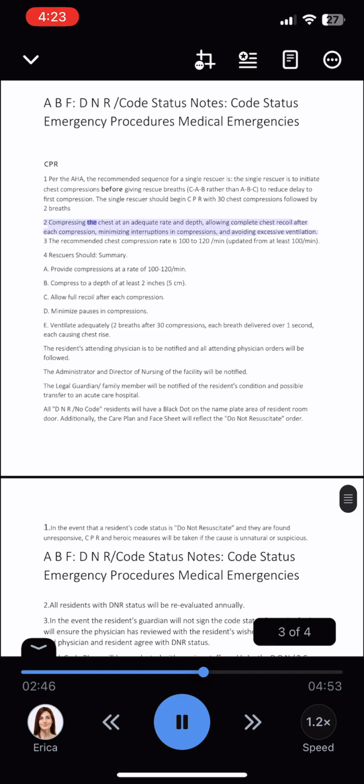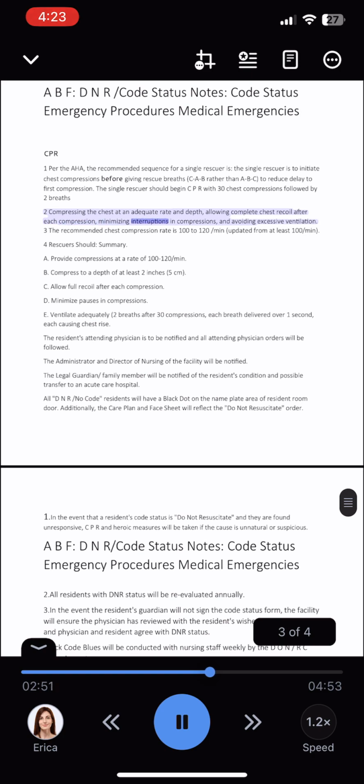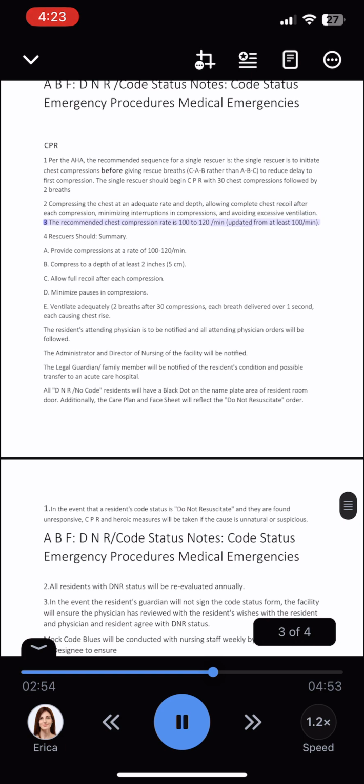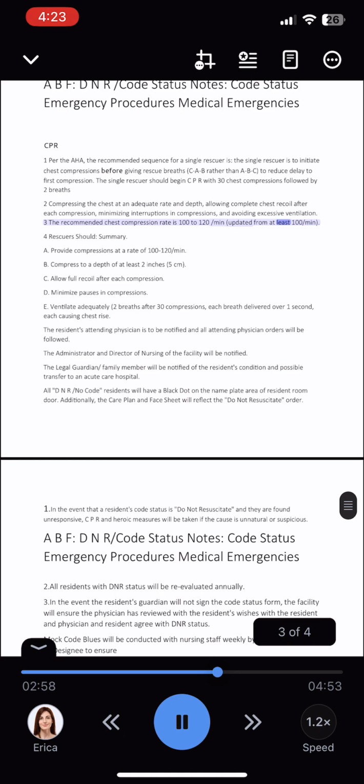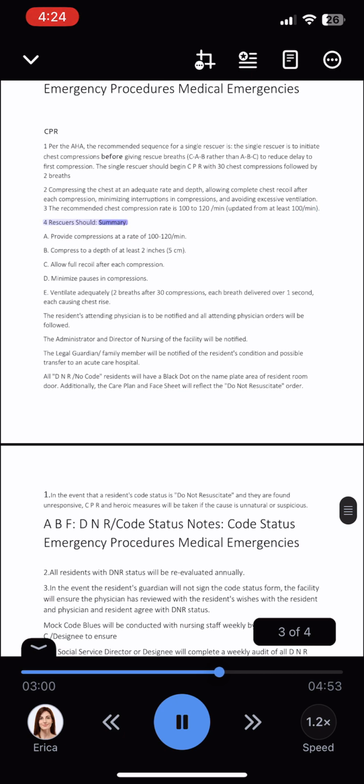2. Compress the chest at an adequate rate and depth, allowing complete chest recoil after each compression, minimizing interruptions in compressions, and avoiding excessive ventilation. 3. The recommended chest compression rate is 100 to 120 per minute, updated from at least 100 per minute. 4. Rescuers should, in summary: